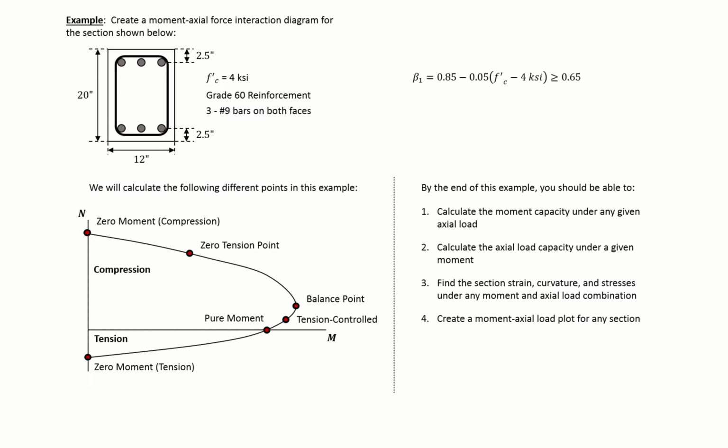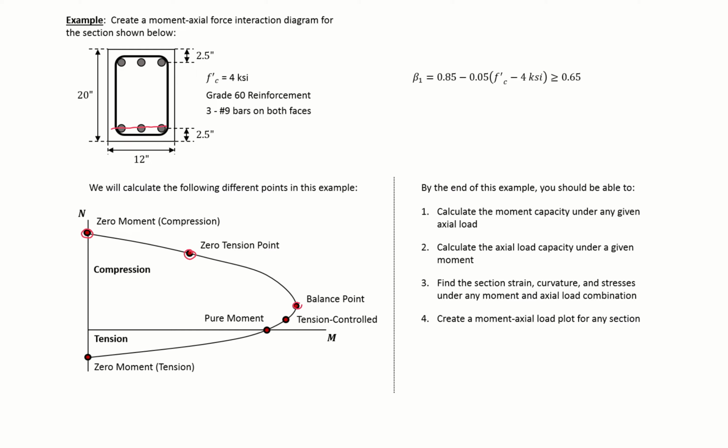In this video, we're going to create a moment-axial force interaction diagram for the rectangular section shown. We're going to calculate several different points that are shown. So we'll calculate a zero moment point, a zero tension point where we have no tension in our bottom steel,